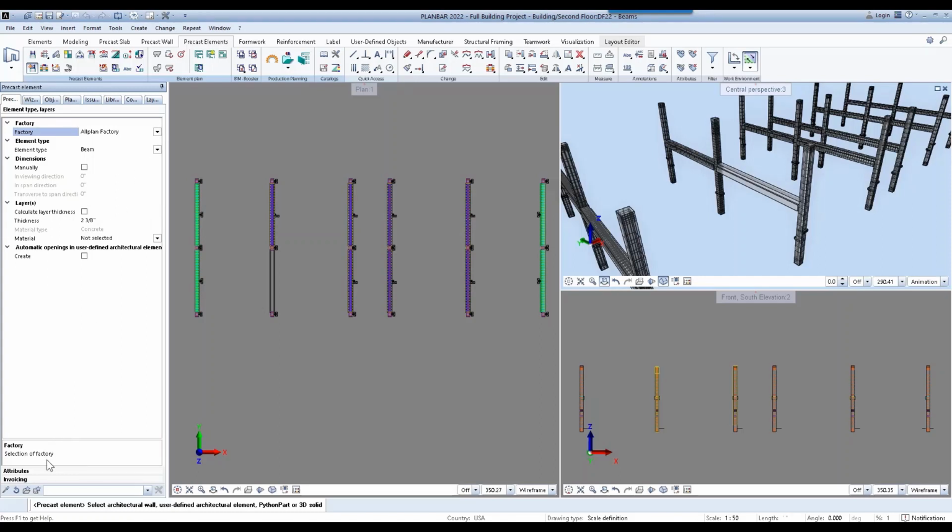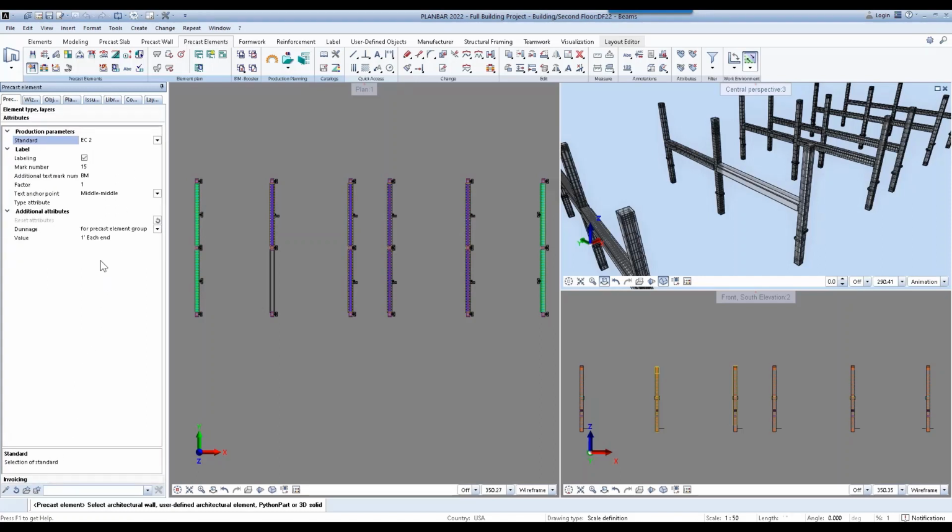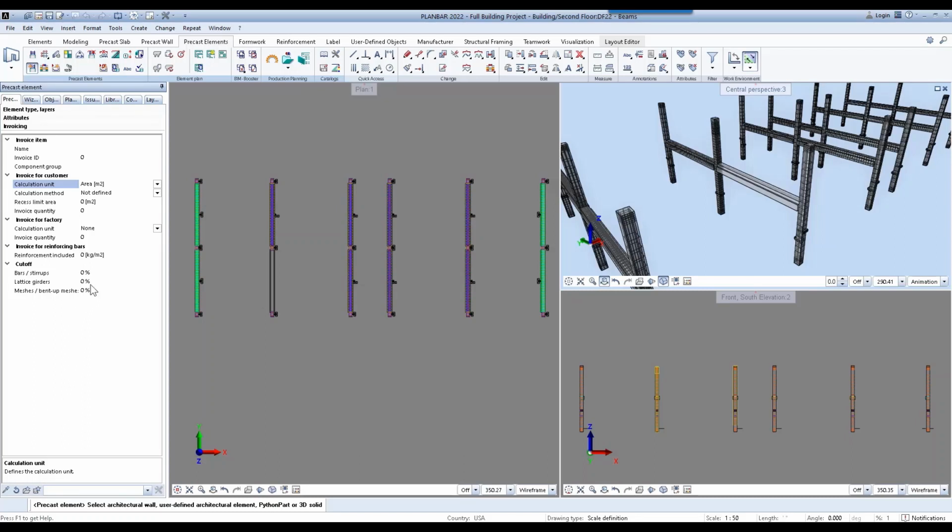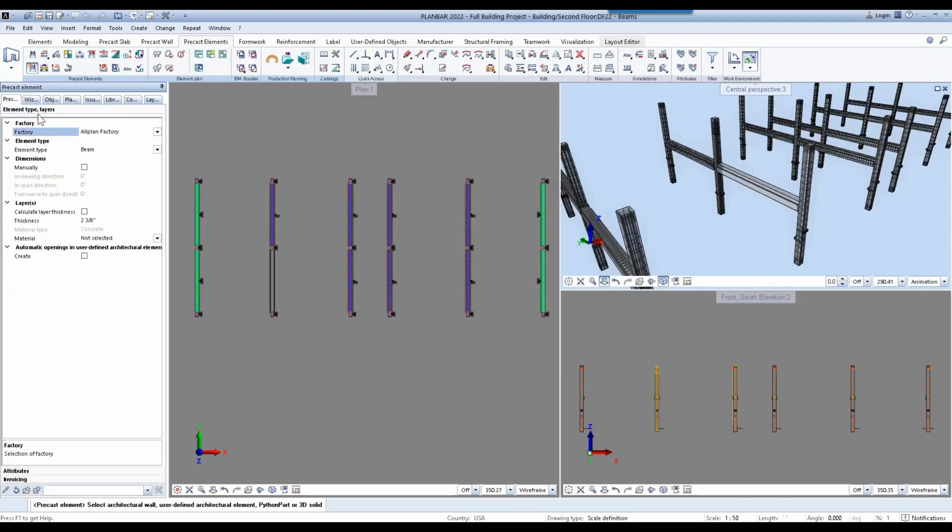You can also add additional attributes. I think you can add up to 50 attributes. Specify how the piece is labeled. And then also any invoicing information if you need to.